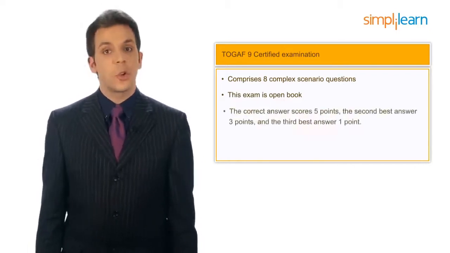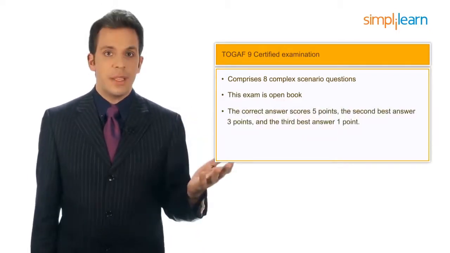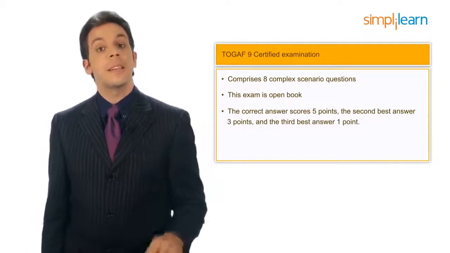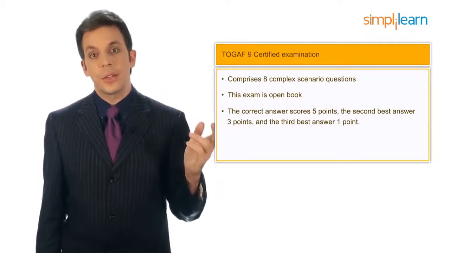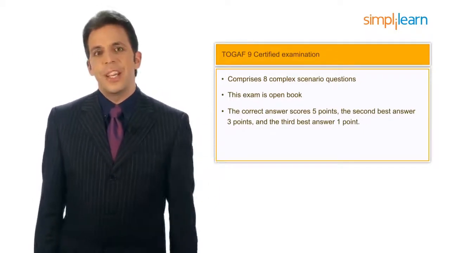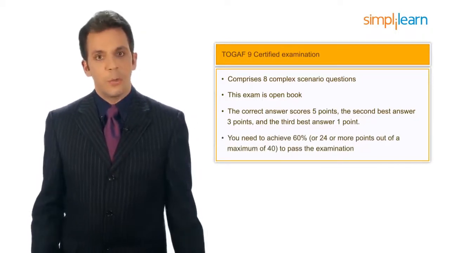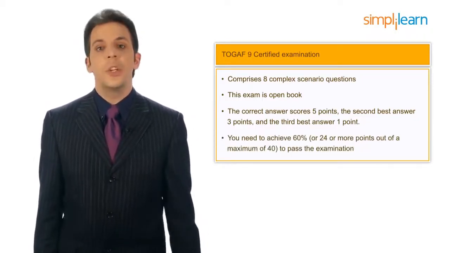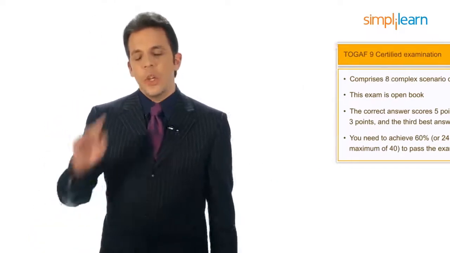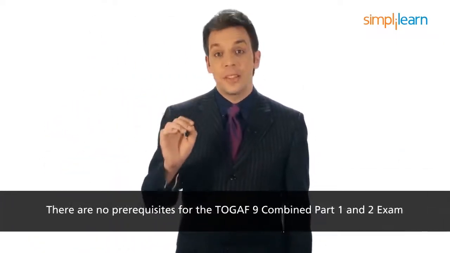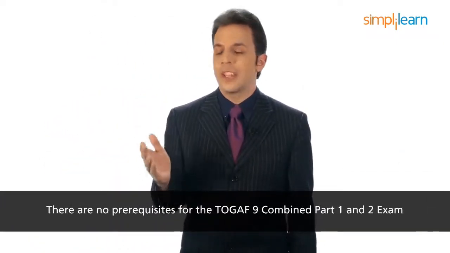The correct answer scores 5 points, the second best answer 3 points, and the third best answer 1 point. The distractor scores 0 points. You need to achieve 60% or 24 or more points out of a maximum of 40 to pass the examination. Note that there are no prerequisites for the TOGAF 9 Combined Part 1 and 2 exam. Any and all candidates are eligible to take this examination. There is no penalty for wrong answers, so make sure you answer every question even if you're not entirely sure